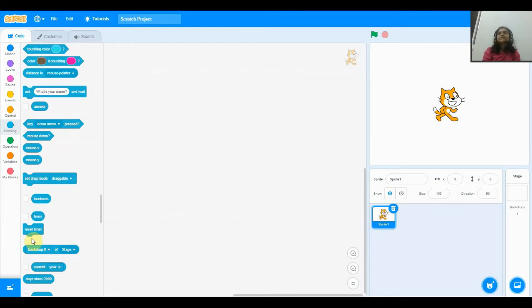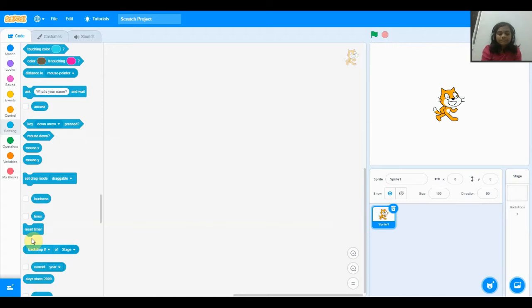Otherwise it will add another 2 minutes to the 2 minutes, and it will become 4 minutes, and then 5, and it will just keep adding up. So it has to reset and start all over, 2 minutes, then reset, and again 2 minutes, so it won't add up.